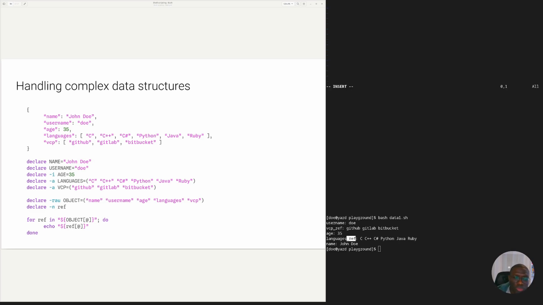So let's say that we want to create a linked list which will contain some user information, and in the linked list there would be a next keyword that should refer to the next object in the list. So let's declare a sample linked list. Let's declare, with the -a option, a set of users. Let's say this one is user one, and